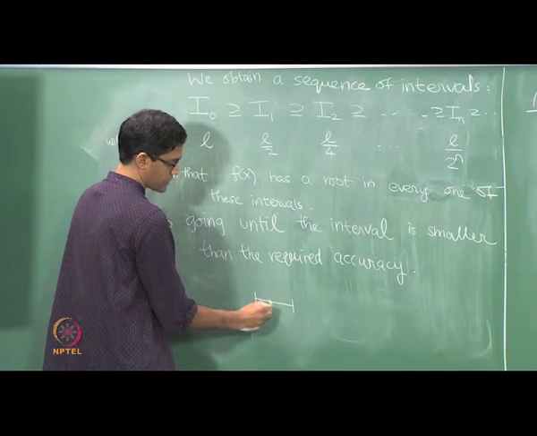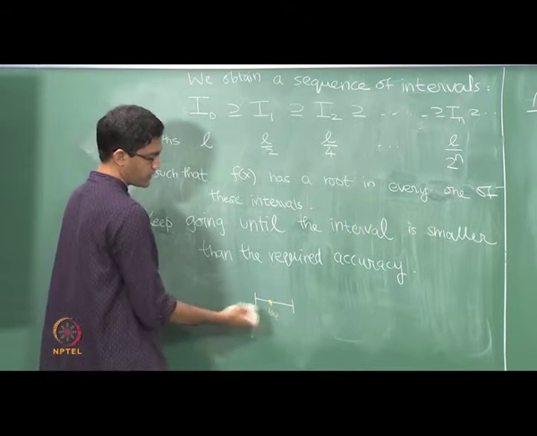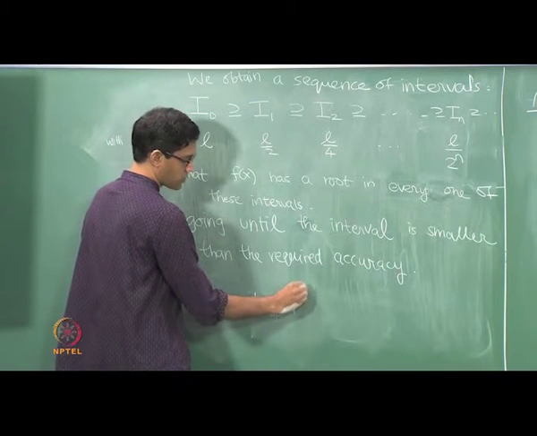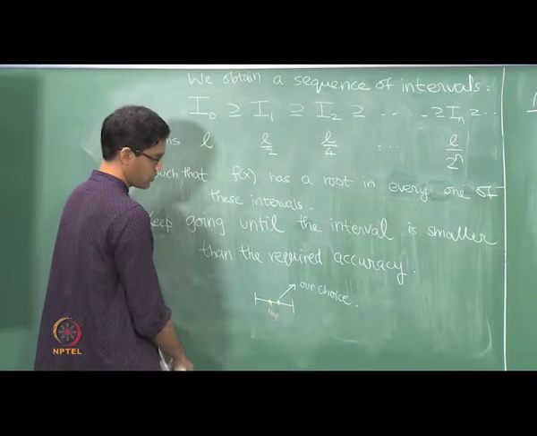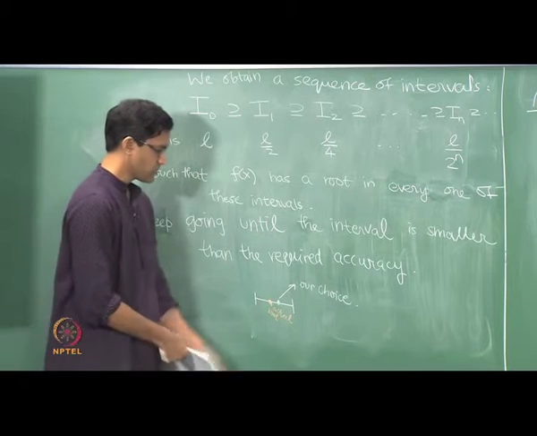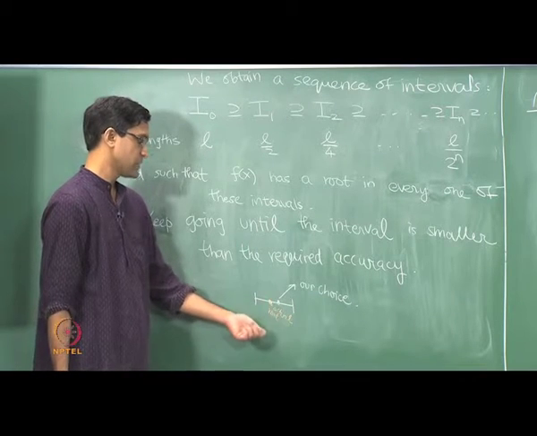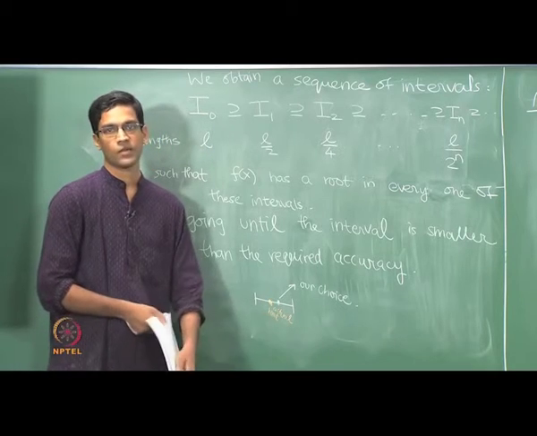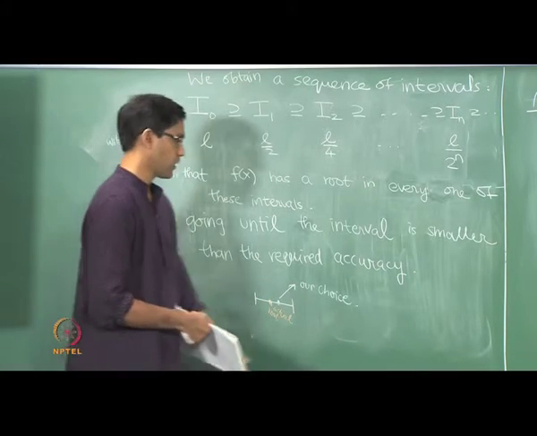So let's say this is where the exact root is. So this is the actual root. But let's say we pick the midpoint as our choice of approximate root. So this is our choice of approximate root, and here's the actual root. The difference between these two is at most the size of this interval, right? Because they both lie in this interval, the difference between the actual and our approximation is at most the length of this interval. But since the interval is already smaller than the required accuracy, we are done. We don't need to worry anymore. We have obtained the root within the required accuracy.